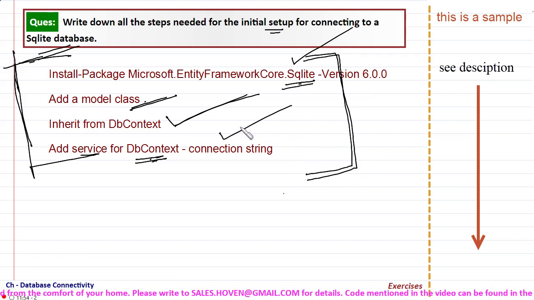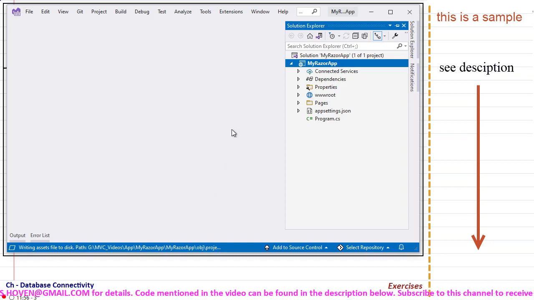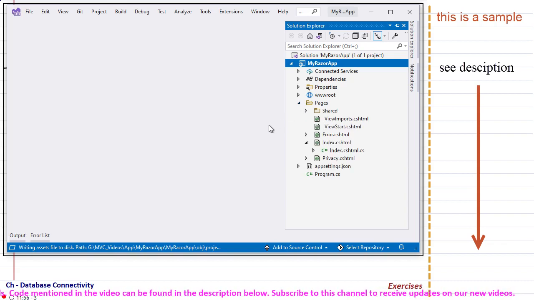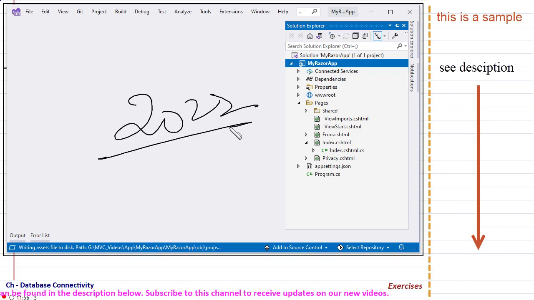Now let us execute them one by one to see how we make this connectivity in practice. I will be typing each and every step, so this video will be a bit long also. So this is a basic project that I have created, an empty project, whatever is given to me by my Visual Studio. I have used Visual Studio 2022, and you can use any